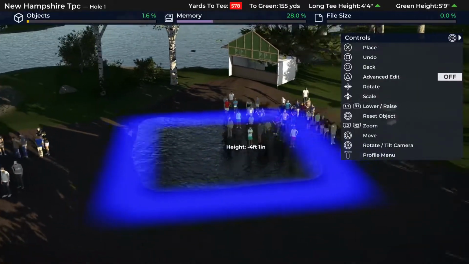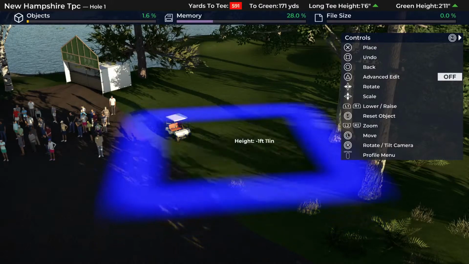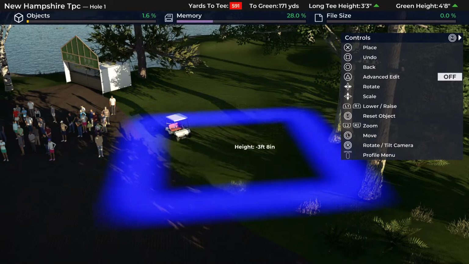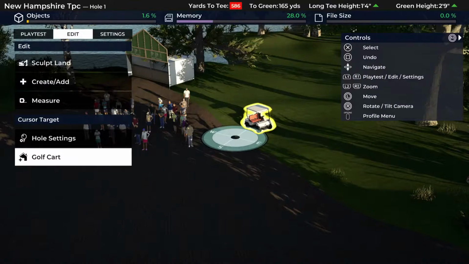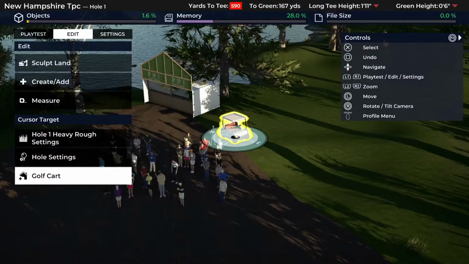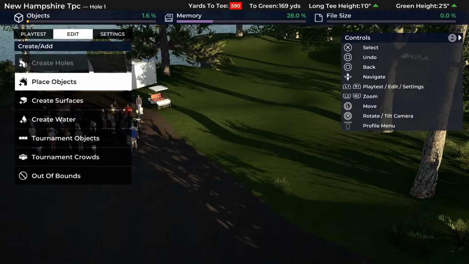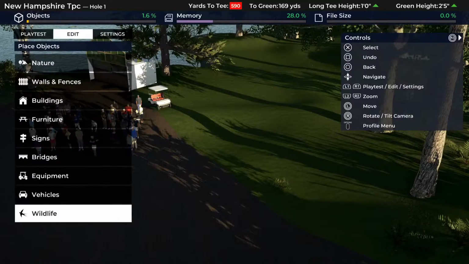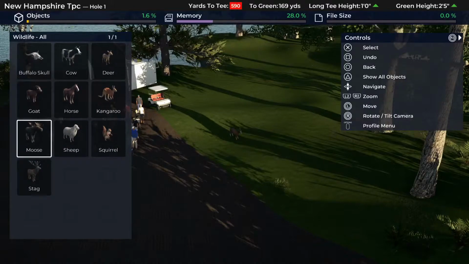There you go, you can have like this little watery area. I mean you can make it as deep as you want or as not as deep as you want. But see, I want to move this. See, bam. So I don't know what I want to put in here yet. Okay, add, place objects. Put a cow in here, a moose,